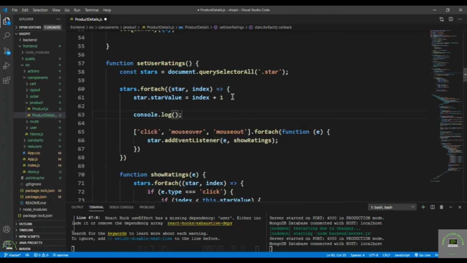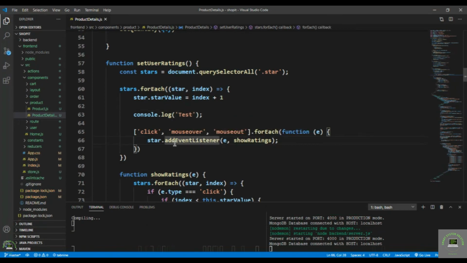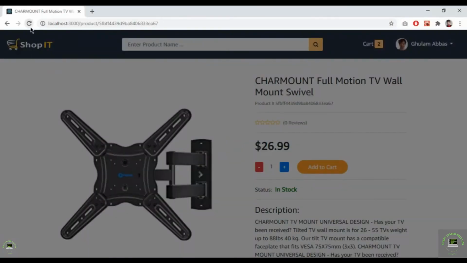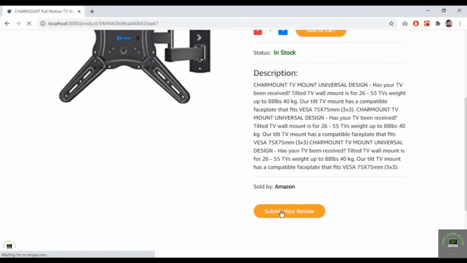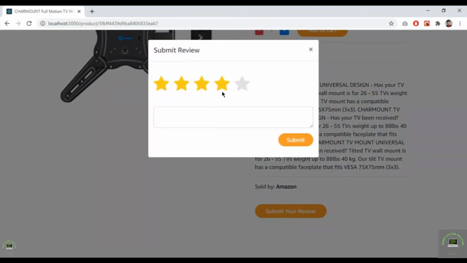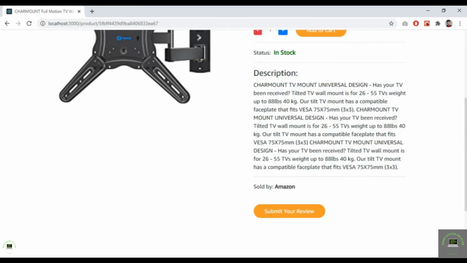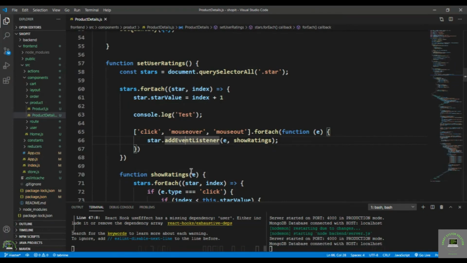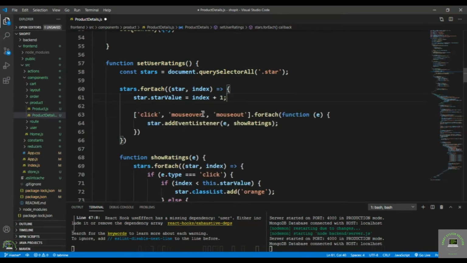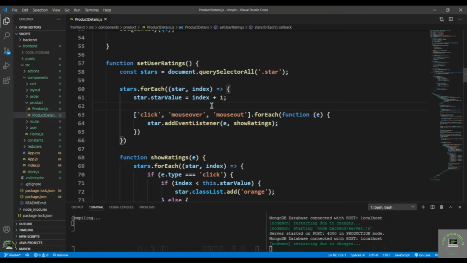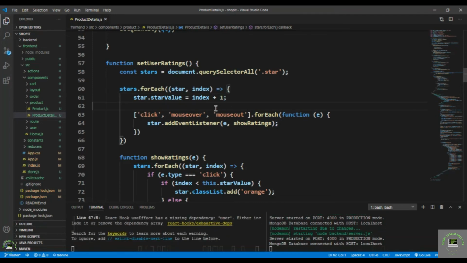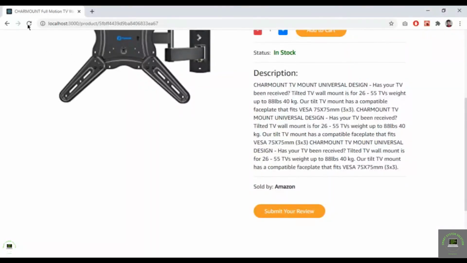Let me put here a log to check it out. So type here test, simply save it, and now if I go back, let's reload it, submit review, and you will see here, if I go back, I think we have to put here a semicolon, because I think it is matching this with this one. So that's why I put here a semicolon, to tell that this statement ends here. So now if I press Ctrl S, I have seen this type of issue in JavaScript for the first time actually. So if I reload it now,